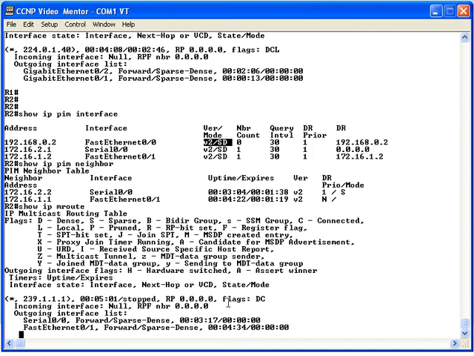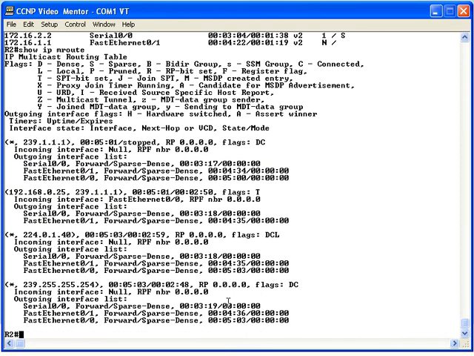If we do a show IP mroute, it looks like we have more activity going on here than we did earlier. Look at this. First of all, let me direct your attention to this S, G entry. And S, G is where we do have the IP address of the source, the multicast source IP address, as well as the G, the group address, which is 239.1.1.1. You see, I have a multicast source plugged into Fast Ethernet 0/0, and the IP address of that source is